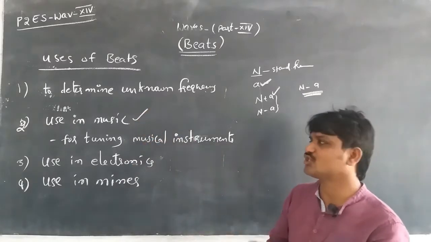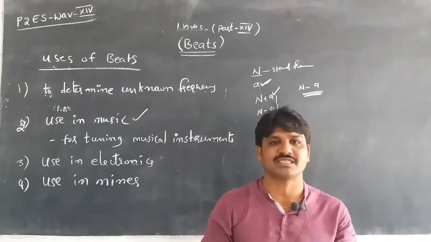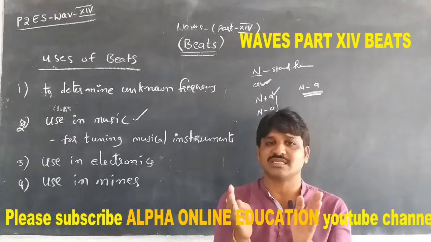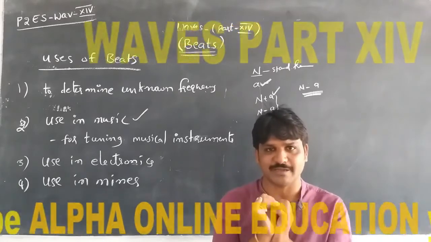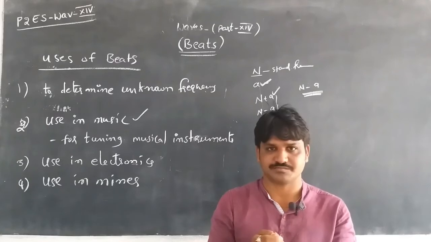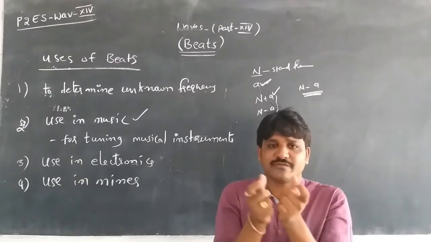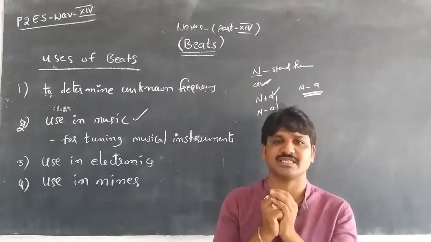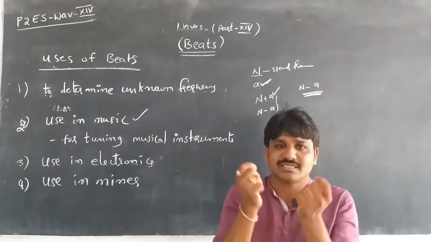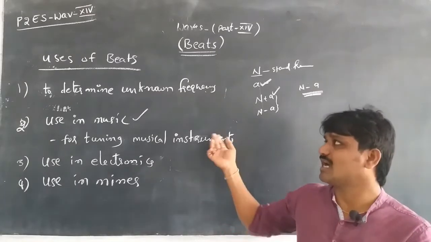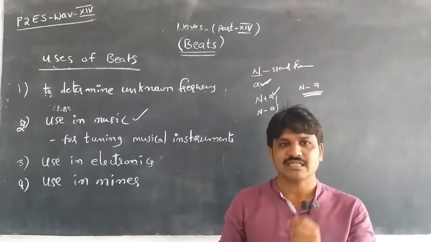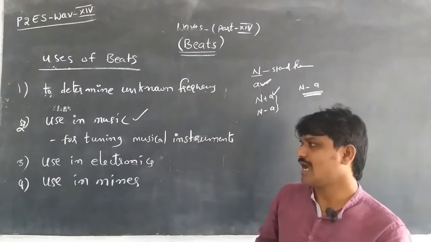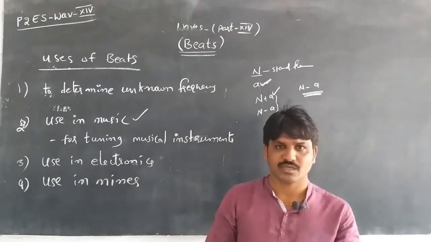In music, if the musical instruments in an orchestra or elsewhere do not have the same frequency, then the tune can't be clear. So that's why two instruments, like two guitars or sitars, must be tuned to the same frequency. They are tuned by using beats. By the beats, the tuning is done for musical instruments,